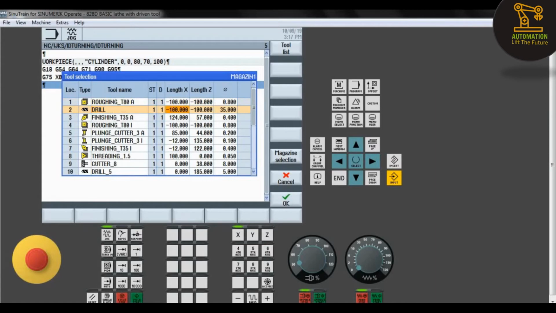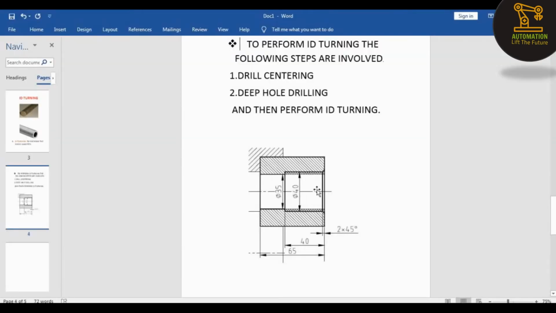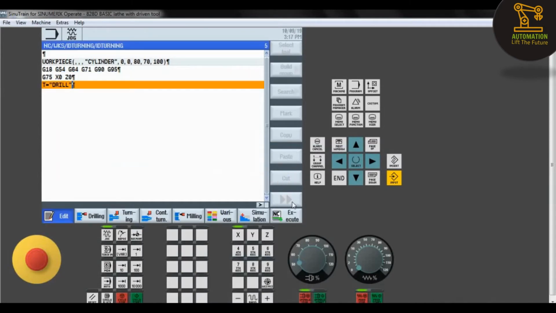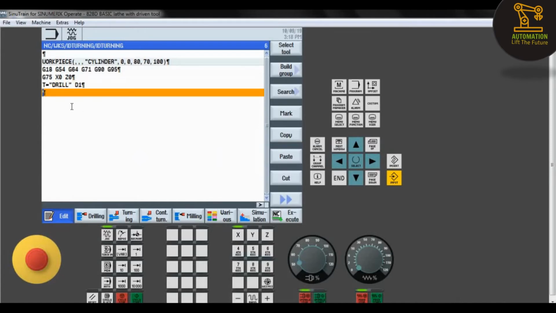First of all, we have to perform the drilling operation. We have a 35 mm diameter, so we take 35 mm diameter and click OK. The tool will be selected here, and D1 is the tool change in the turret, and then M06, the tool change at the homing position.